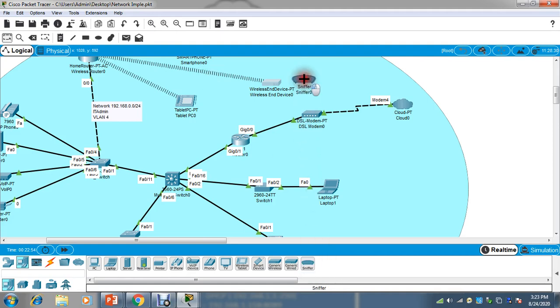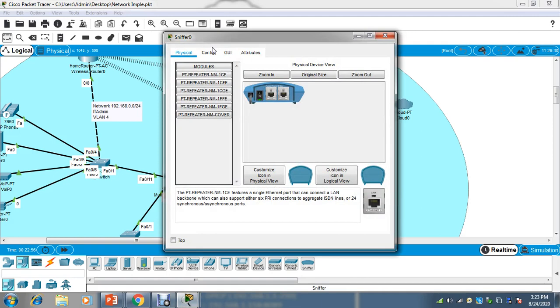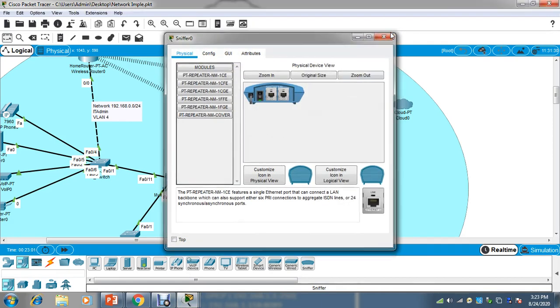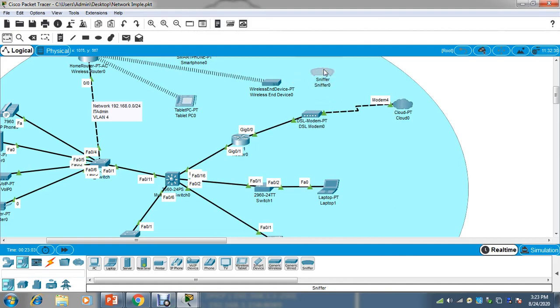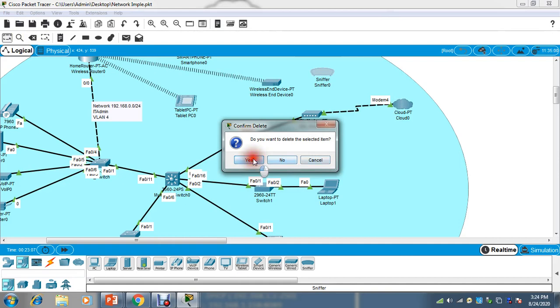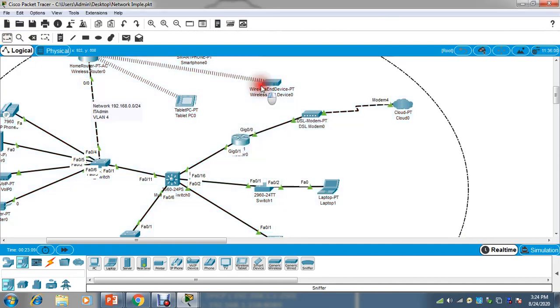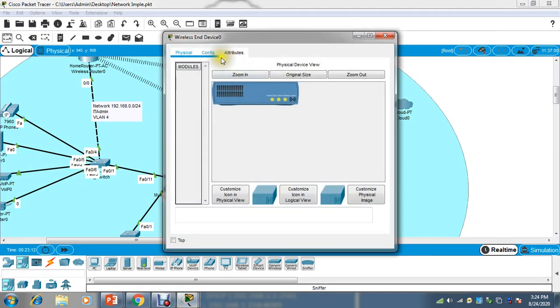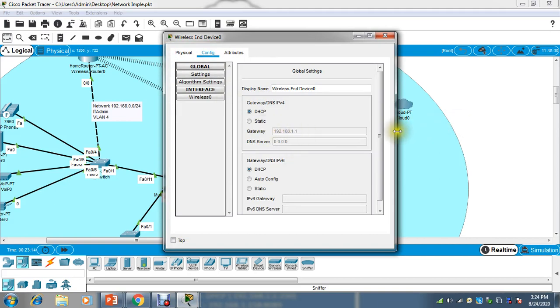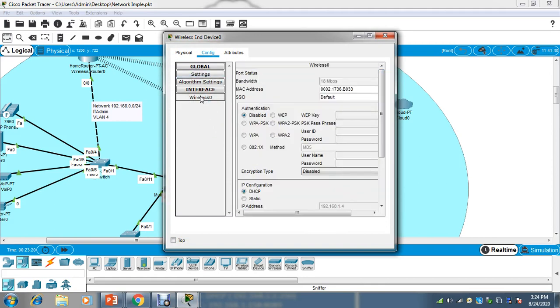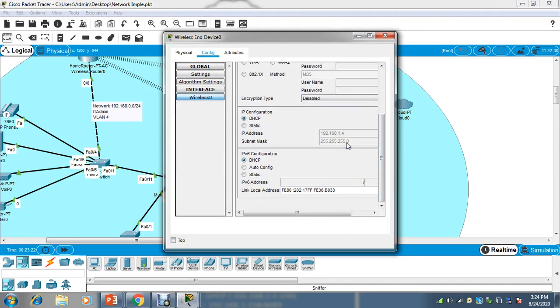What is this? So we'll see. It is a Sniper. So I think it is not a wireless device. And if you go to this, you can see the same thing. Like configuration, it is taking this gateway, and the IP address will be in the same range. It has taken IP address 4. So very simple, guys. You can deploy wireless devices also.